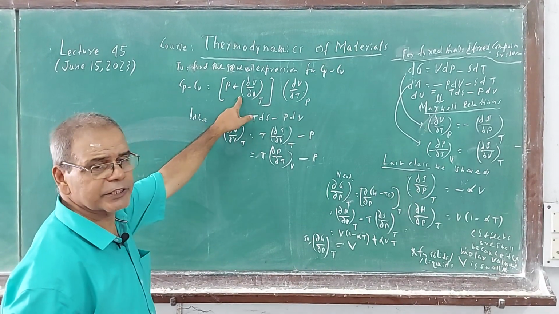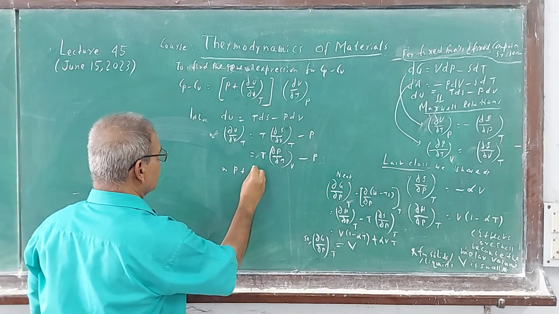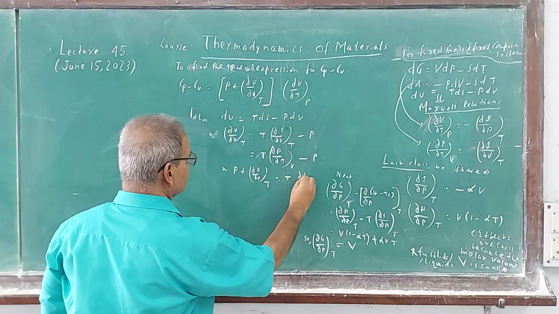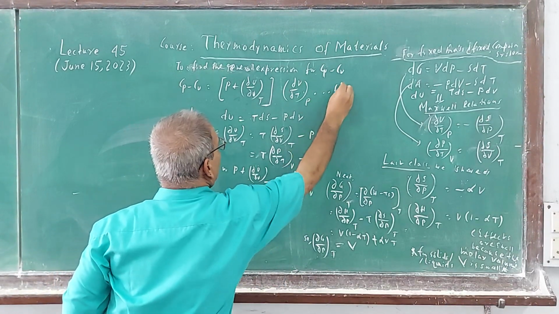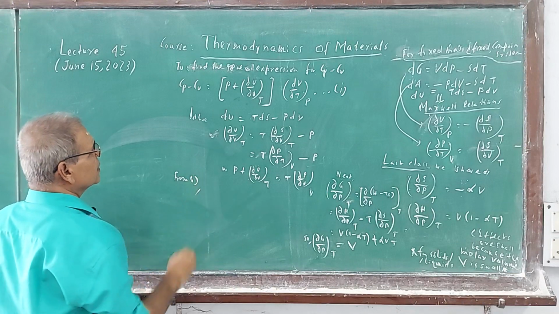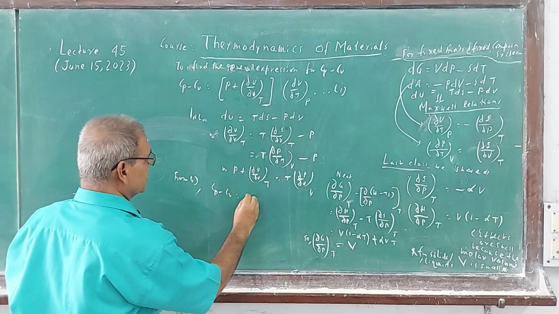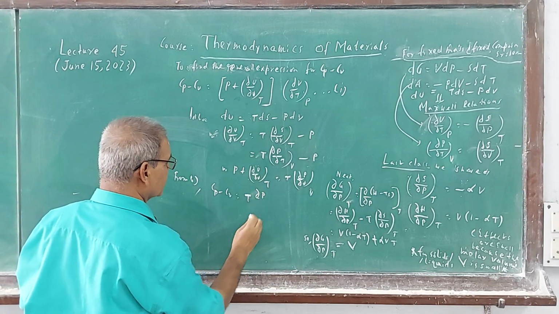What do you have here? P plus del U del V at constant temperature is what? T del P del T at constant volume. So call this equation number 1. So from 1 what do you get? This is nothing but Cp minus Cv is T del P del T times del V